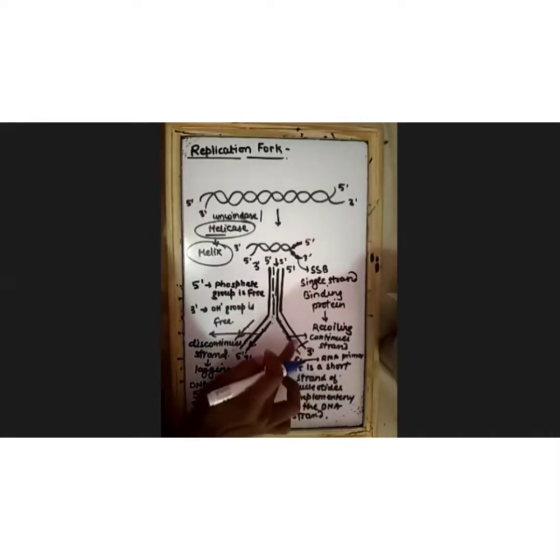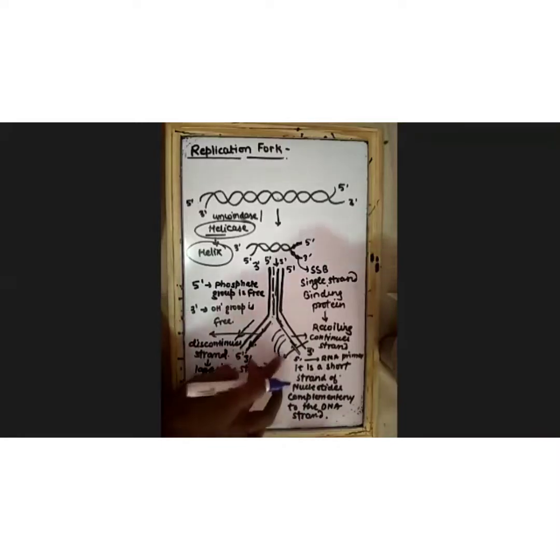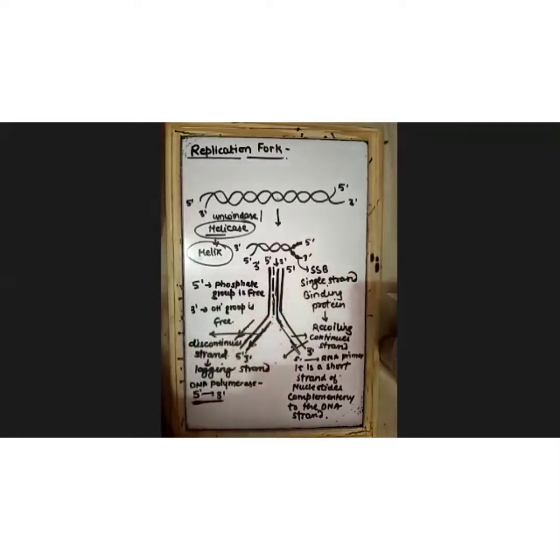So you remember this, then we added the primer here. After the addition of the primer, the nucleotides are adding on this primer. So DNA polymerase is helping in the addition of the nucleotide on this primer, on this strand. It is the DNA polymerase which is responsible for the addition of the nucleotide on this strand. Okay, clear, Aryan? Yes, sir.